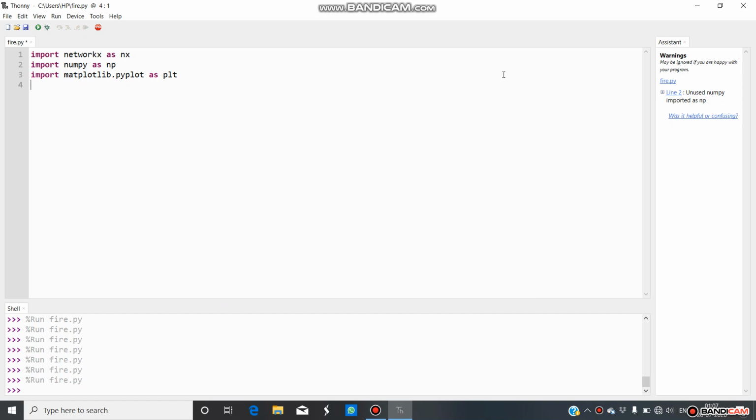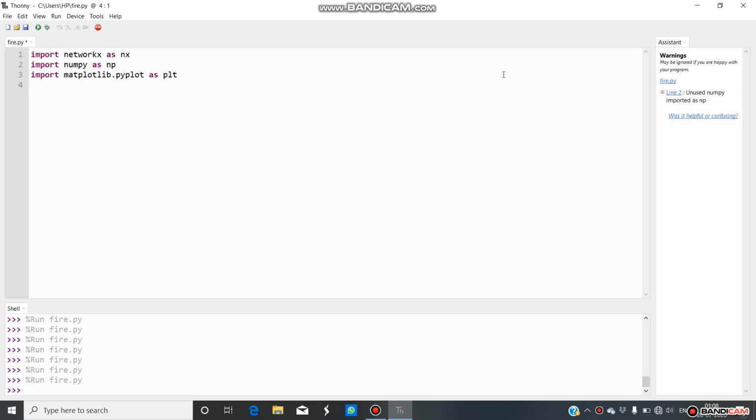So in this video we will learn step by step the visualization of graph using Python language. First we have to know what is a graph. A graph is a pictorial representation of a set of objects where some pairs of objects are connected by links. The interconnected objects are represented by points termed as vertices, and the links are called edges. So let's get started with the video.